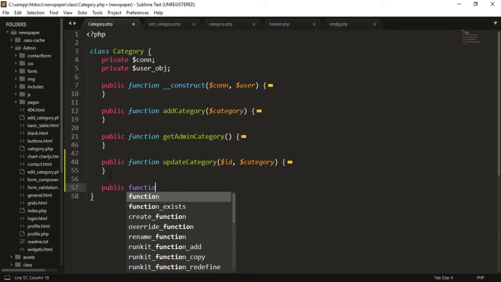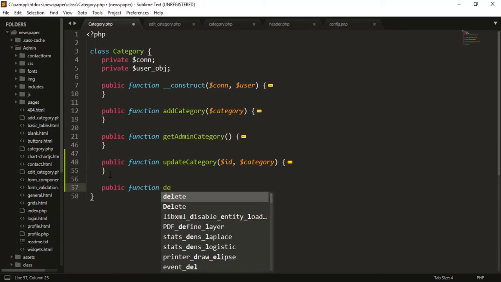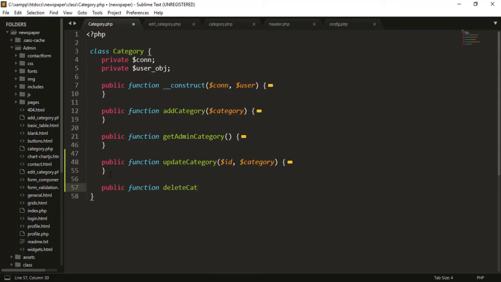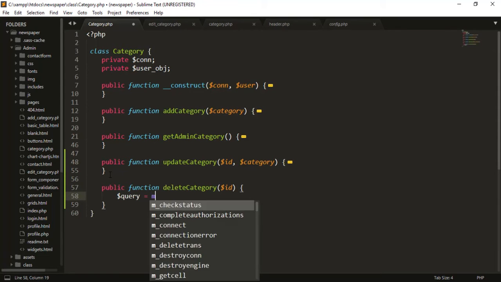So public function, and it's gonna be delete category. Okay, so it's gonna take in one parameter, which is gonna be the ID. Okay, so the query is gonna be equal to, it's gonna be a short query, so